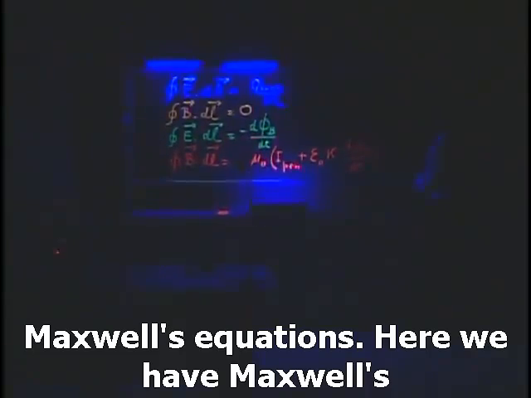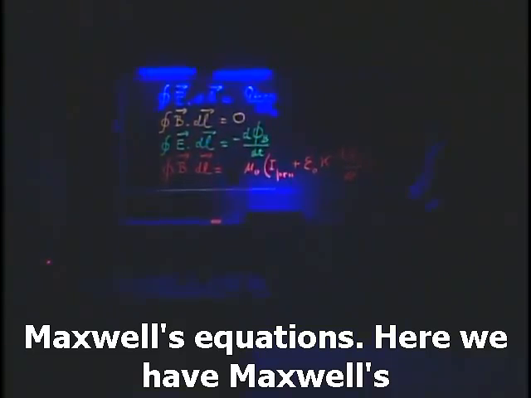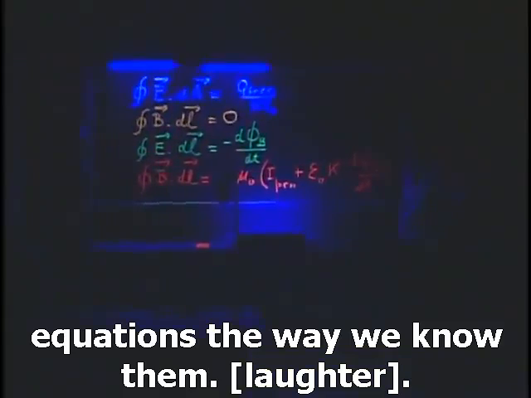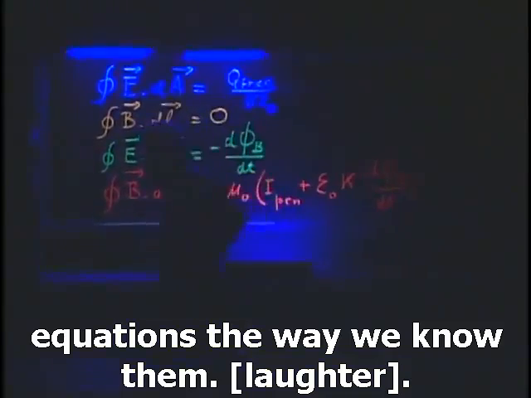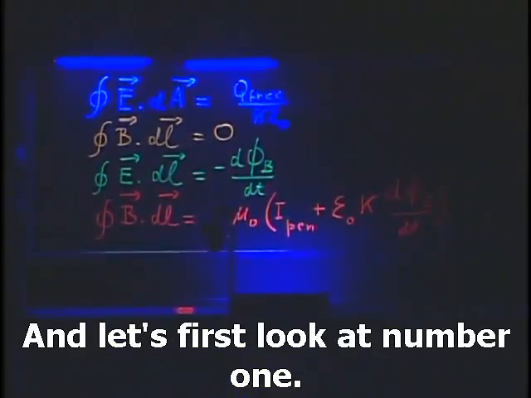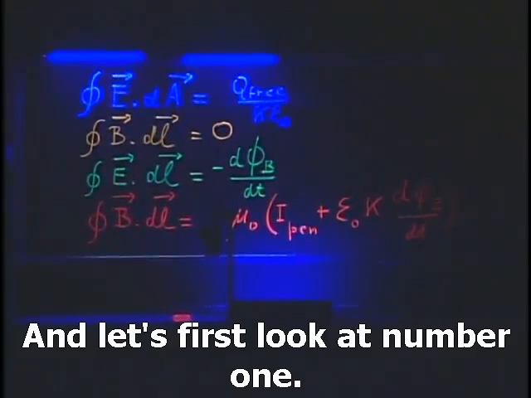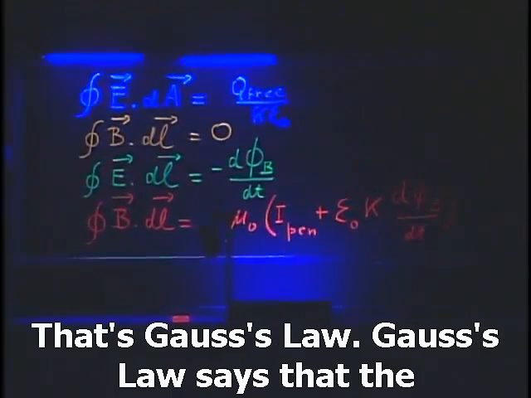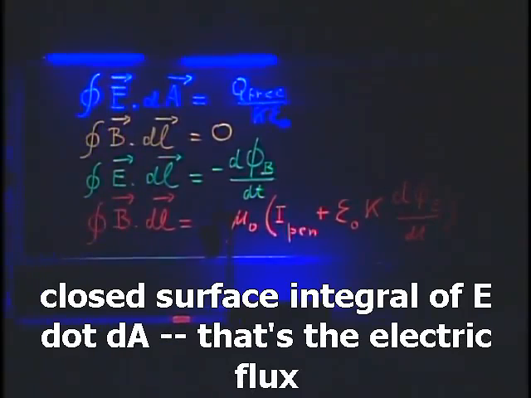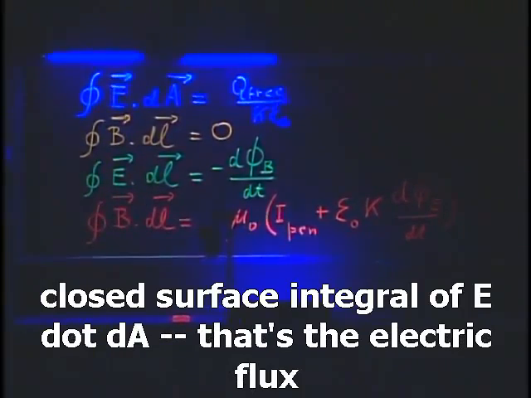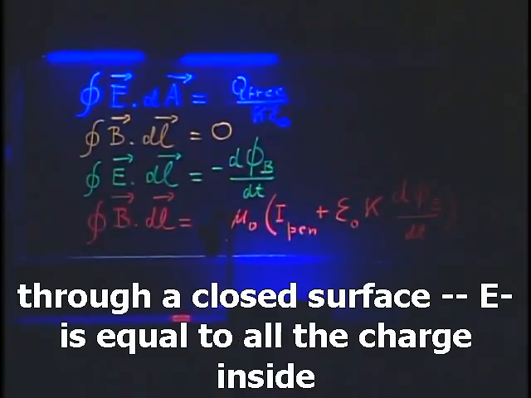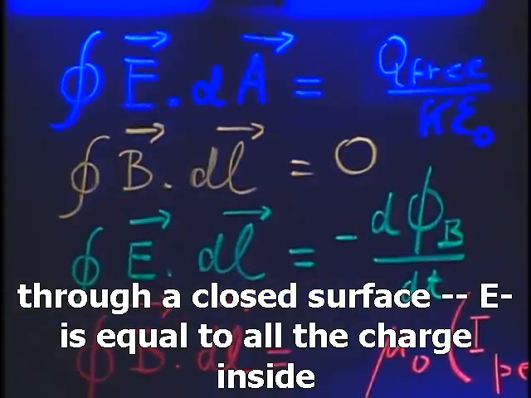Here we have Maxwell's equations, the way we know them. And let's first look at number 1. That's Gauss' law. Gauss' law says that the closed surface integral of E dot dA, that's the electric flux through a closed surface, is equal to all the charge inside, divided by epsilon 0, but you have to allow for the kappa, for the